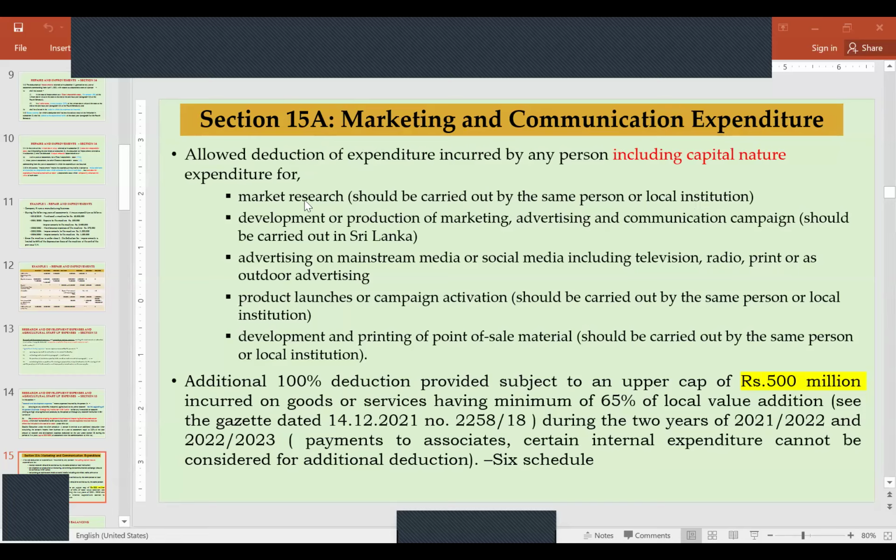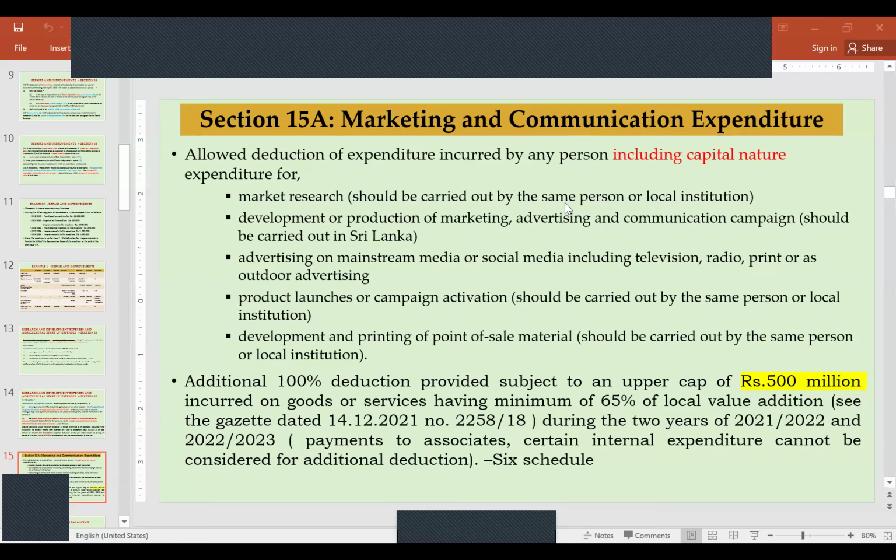That means if that market research is carried out by any other foreign institution, that means we have to make the payment to a foreign institution for that service. So that is not deductible under section 15A. So for the deduction of market research under section 15A, definitely that market research should be carried out by the